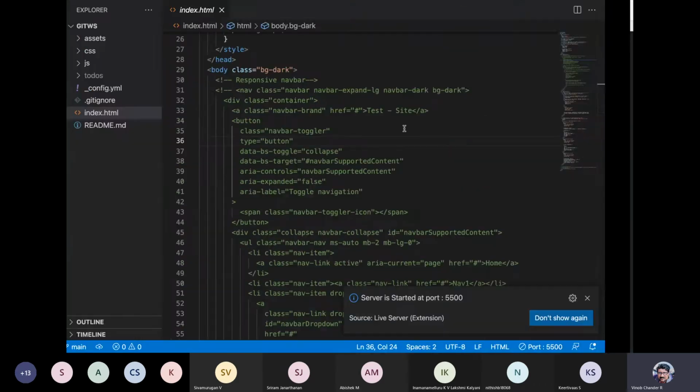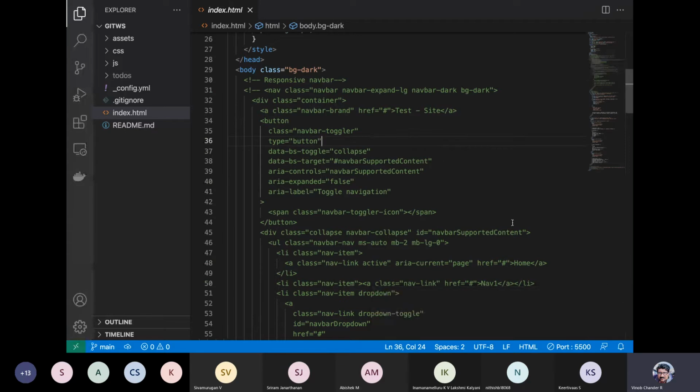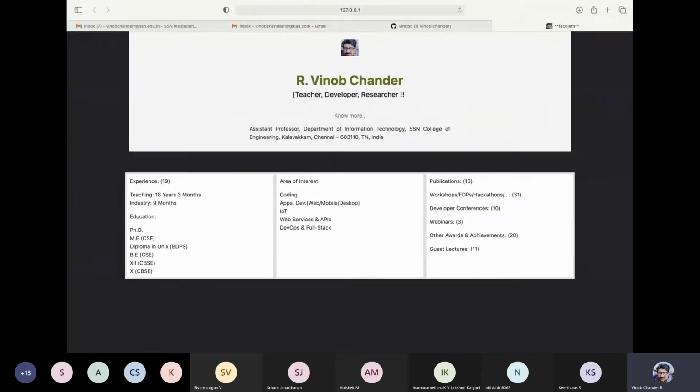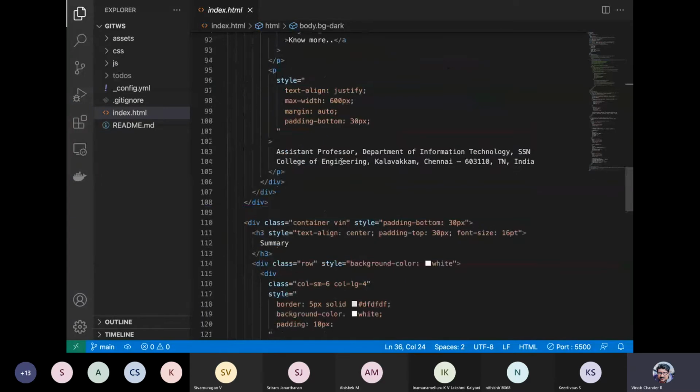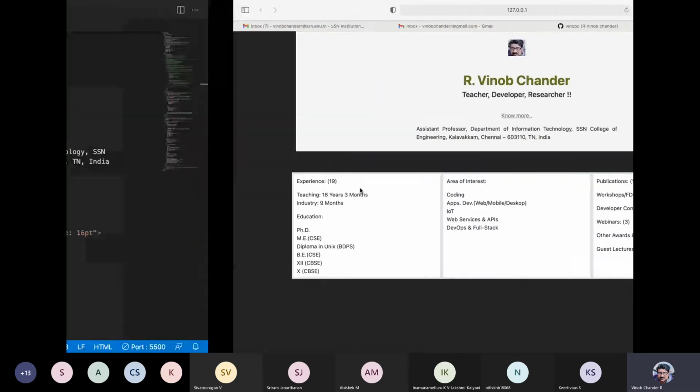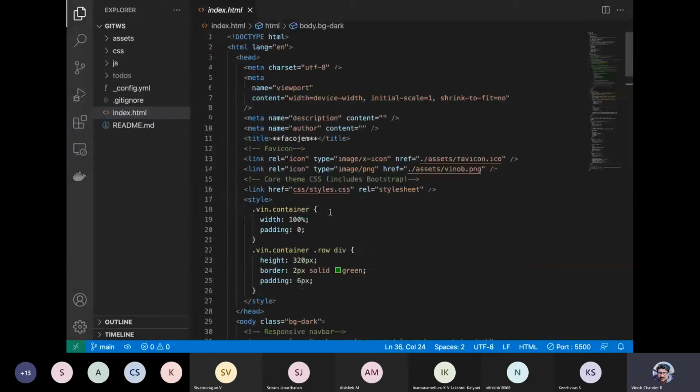Now say we want to create a branch to have a navigation bar. Now this particular web page, apart from the necessary stuff that has been put over here, is essentially a template that has been taken from a website. I just don't remember the exact name. I've just made use of a bootstrap template.